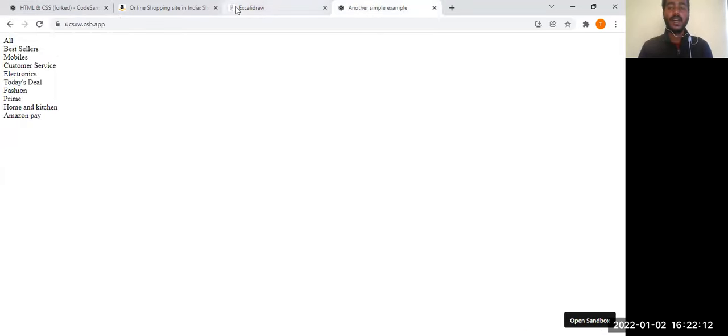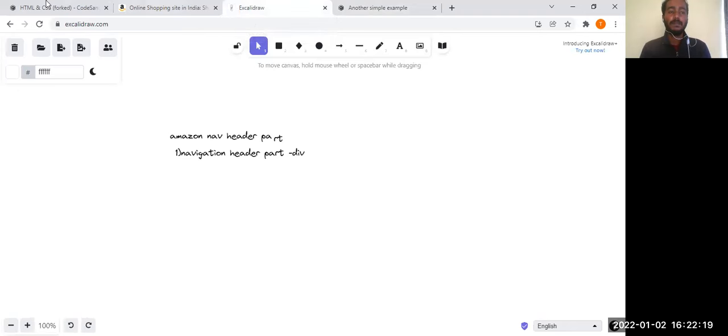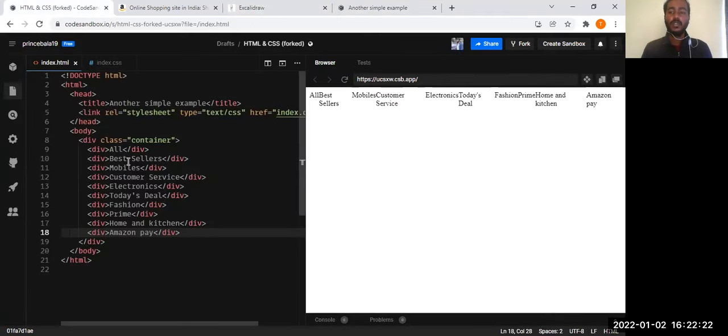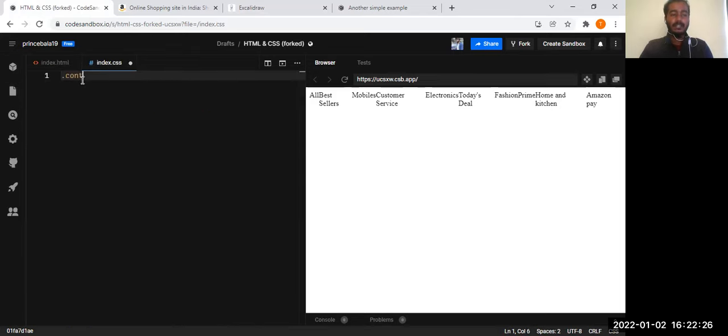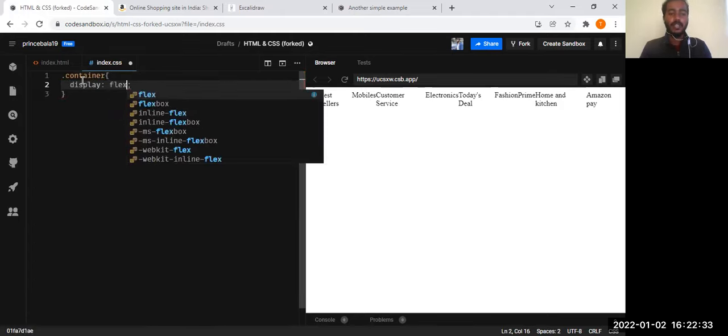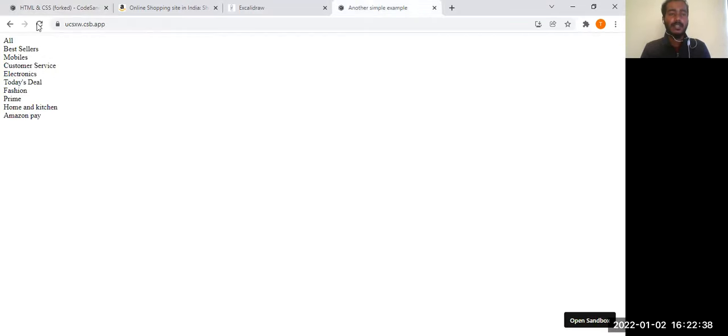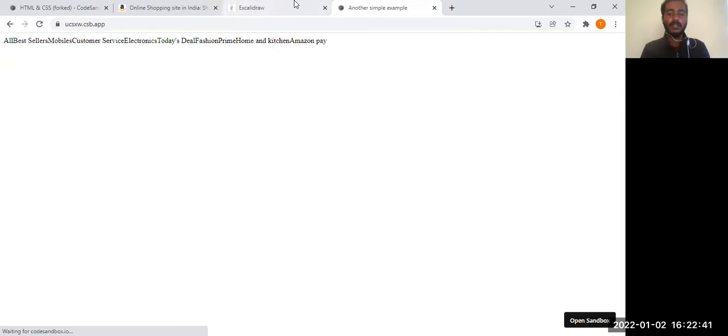And we have created all these things. So now, as you remember, I have told that if you're using a division, and if you want that to apply in the same row, what do you have to use? You have to use a display property which is called flex. I already have created a container component. So to this container component, I'm just adding a style alone, display flex. So if you see, after I have added this display flex property, this came in row direction.